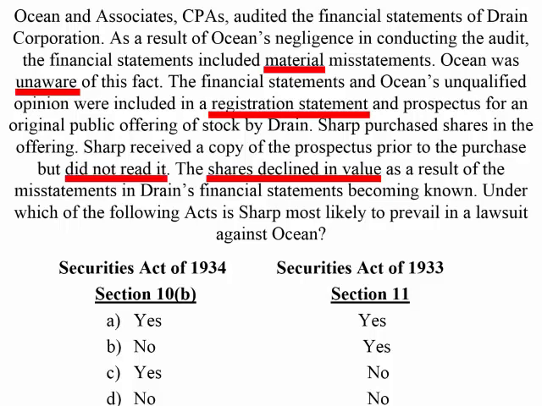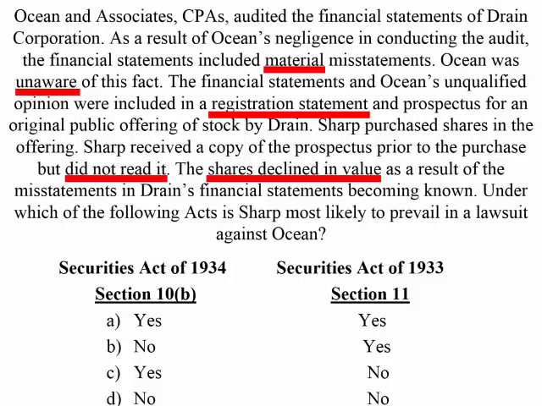However, for the purposes of this particular problem, if all of the criteria are met, go ahead and select yes as being an okay way to go about bringing a suit. So let's look and again see which ones of these apply. So the 1934 Act, we're going to have to prove either recklessness or scienter, and we can't do that. We don't have reliance, and we don't have recklessness or scienter. So the Securities Act of 1934 is not going to be applicable here.